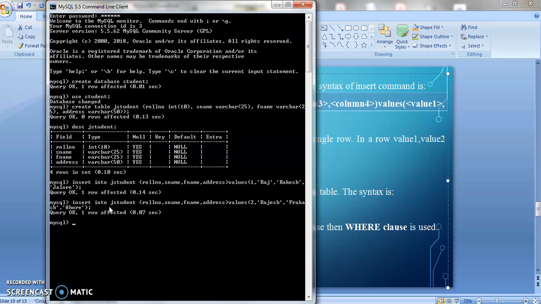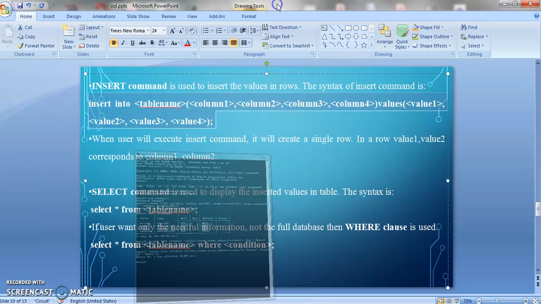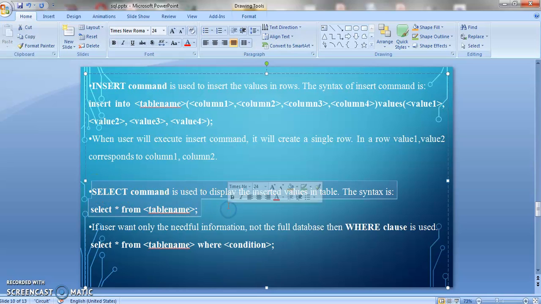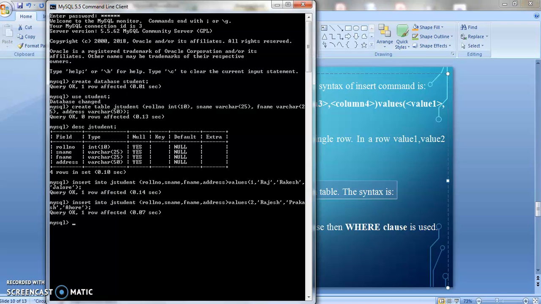Now I have to display the data. I have to see the data. So for that we have to use the select command. The select command is used to display the inserted values in a table. The syntax is select star from table name. So select, space, star is used for all the values, all the values which are created in the table, from table name.